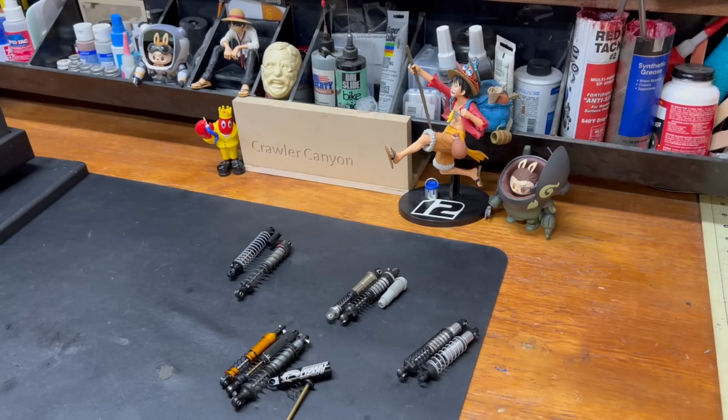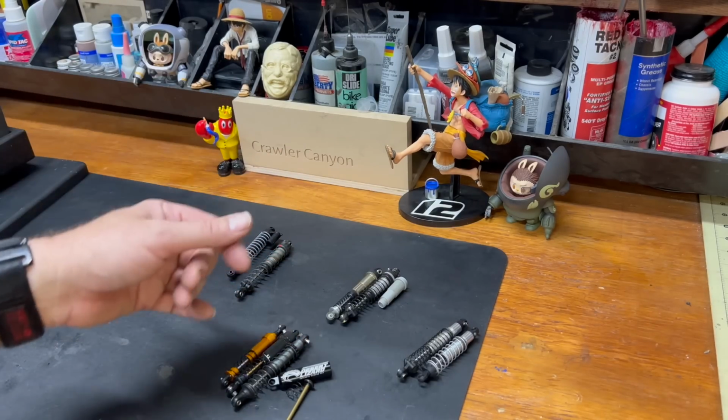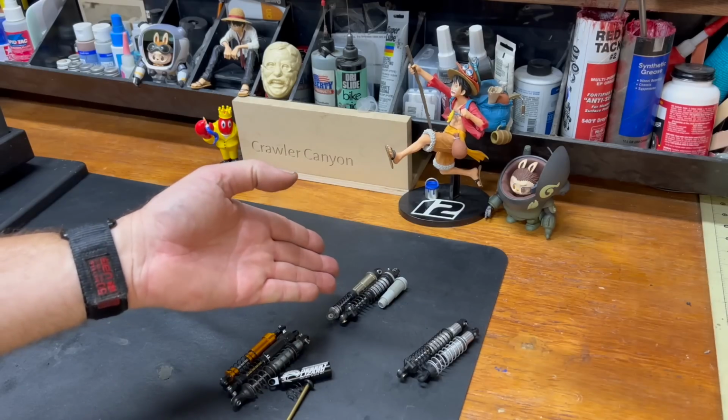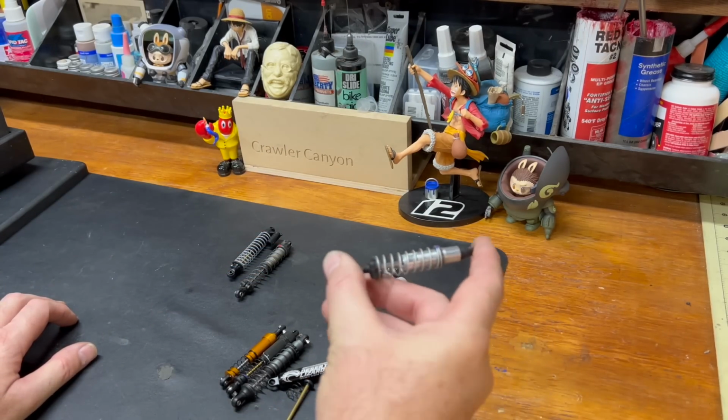Elements can be oiled a little lower. I generally start with 40, but I have run 35. I've run 30. You can change the pistons in them, but in the pistons that come as configured, I generally start with 40 weight on those as well. Incisions,